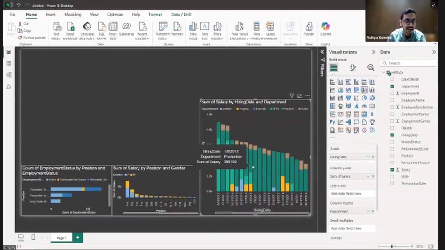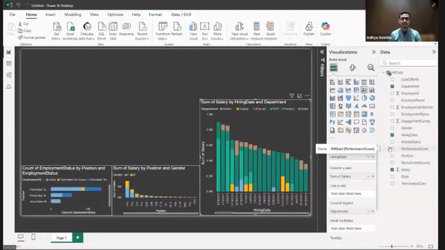But guys, in this particular line and stacked column chart, this is something that you could have done in a stacked column chart as well. But in a line and stacked column chart, you get one more advantage. Guys, can you all see this line y-axis over here? Yes. So using this line y-axis, you can actually add one more parameter over here to show two different parameters in one graph itself.